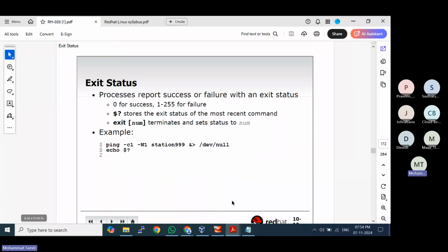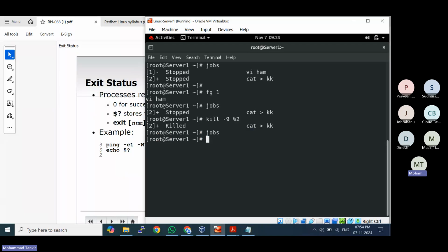Sometimes we execute some commands, but we are not able to understand whether the command executed successfully or failed. So for that we have echo dollar question mark. If we get the value 0, it means the last executed command was successful. For example,